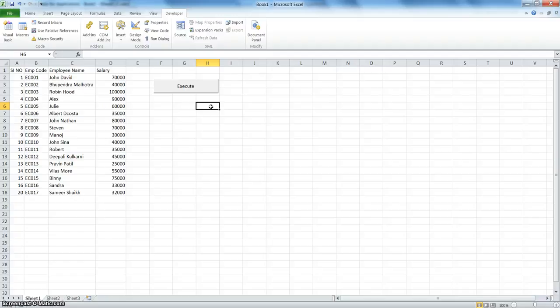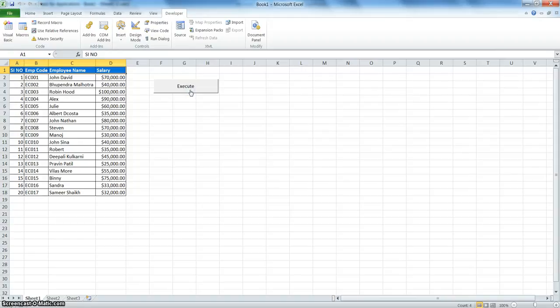So as you know, we have written the code for selection. From wherever our active selection is, the code will get performed from there. So for that we need to select cell A1. Now we will run this code, and you can see how the format got changed. I mean how the dataset of employees got formatted with borders and a header row with bold, background color blue and font color white. So this way we can create a button and assign a macro for a form control button.